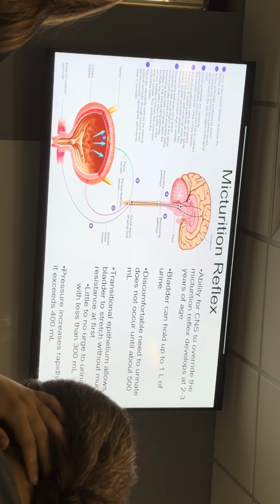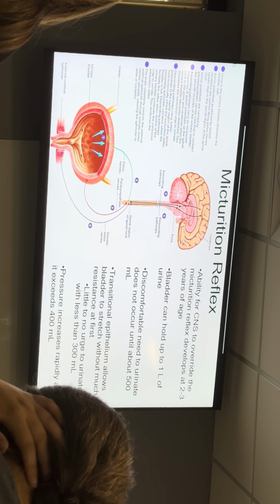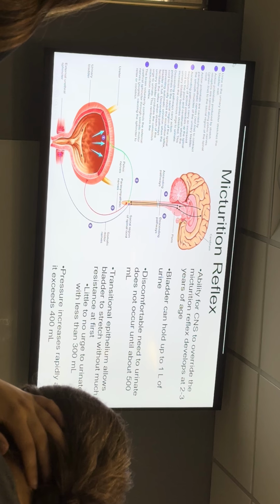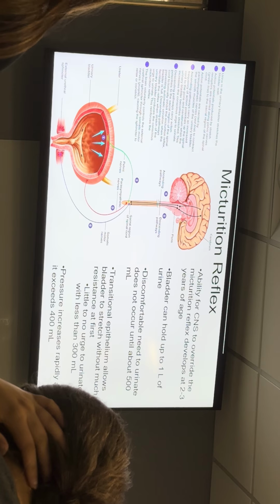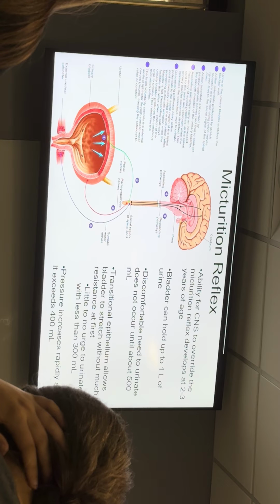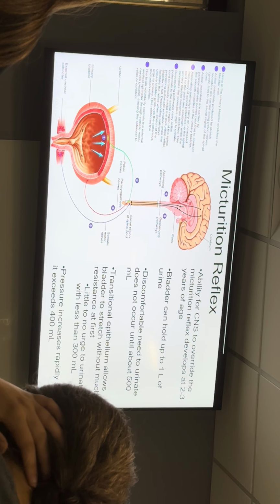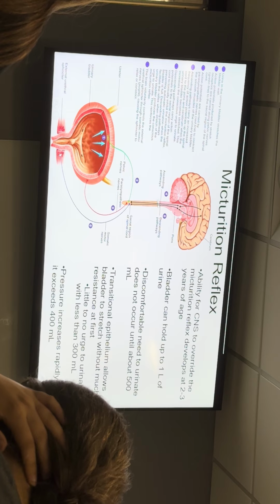And then you get to the point where you're ready to pee, and as a guy, you just go wherever, and a girl, you go sit down on a toilet or you squat, and what happens is you just shut off that inhibitory signal. You tell your brain to stop inhibiting your spinal cord, but your spinal cord still has to take over and allow the automatic reflex to actually occur. When it occurs, the stretching of the bladder will cause you to constrict your detrusor muscle and relax your external urethral sphincter. And then you pee automatically.